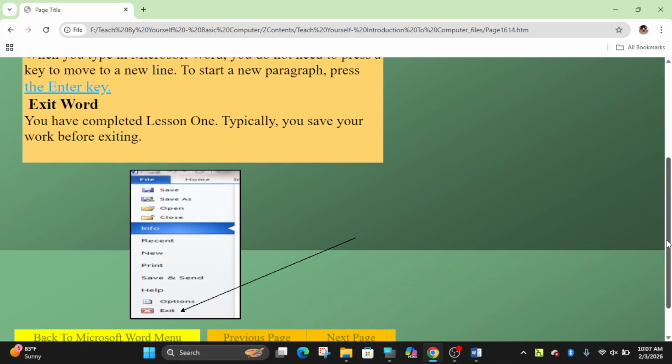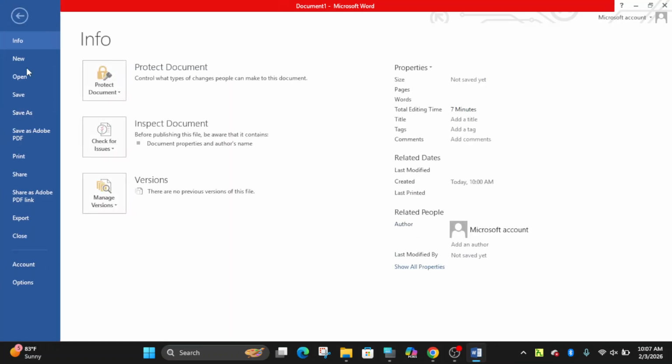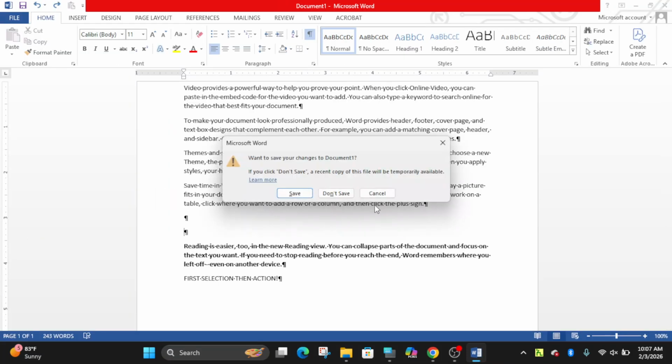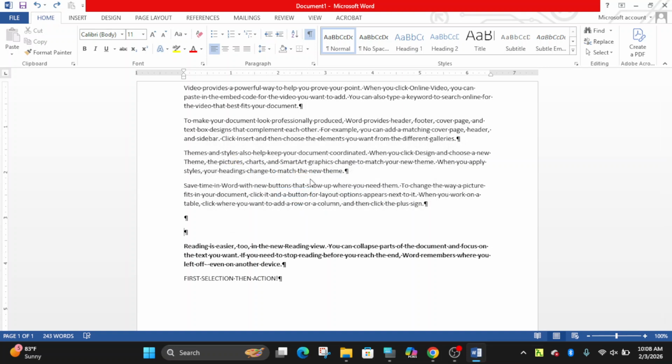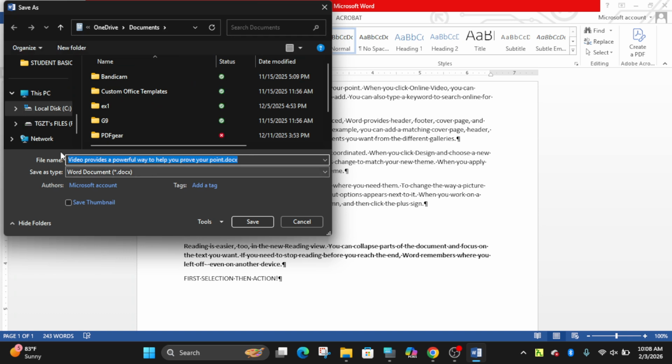After creating and saving your file, you can exit or close here. Close. If you want to save, it asks. S helps us to save; the letter S is underlined, so we can save using the keyboard. For instance, S is save. Then we can give it a file name and save it for later use.